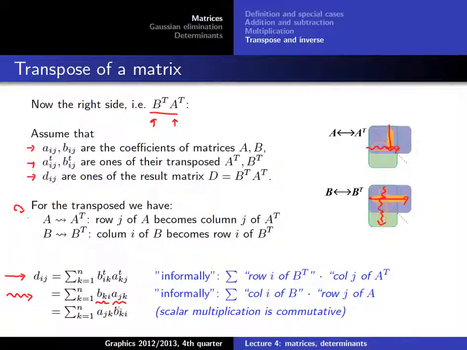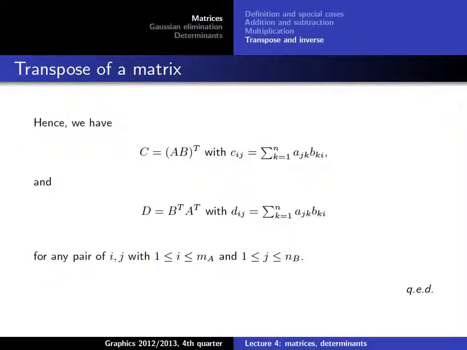Now, if you look at this, it is just a multiplication of two scalar values. So this is commutative, so we can also write it in that order. And if we write it in that order, then you see that these D_ij are exactly the same as the C_ij that we calculated on the left side. So we have seen that on the left side and the right side, we are calculating the very same thing. And since we have not chosen any concrete value, but a generic value ij, this is true for every coefficient in the matrix,